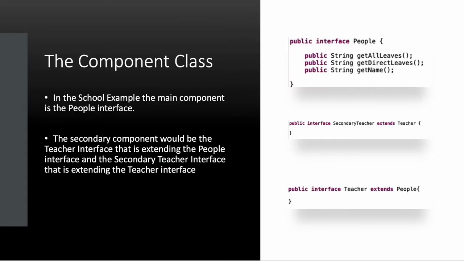The component class for this example would be the interfaces: people, secondary teacher, and teacher. While there are not currently actions for the teacher or secondary teacher, allowing for an extended interface gives an opportunity to give more specific methods to be used by the composites of this interface in the future. These lower level methods would not need to be known by the higher parent, but would be used by their composites. In this example, teacher could have a new